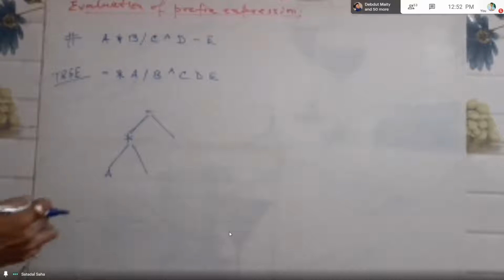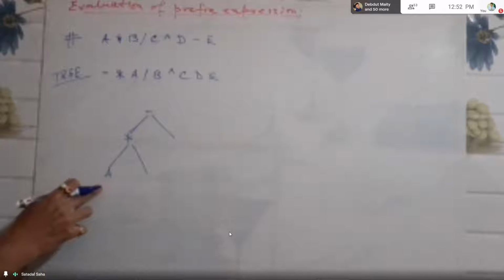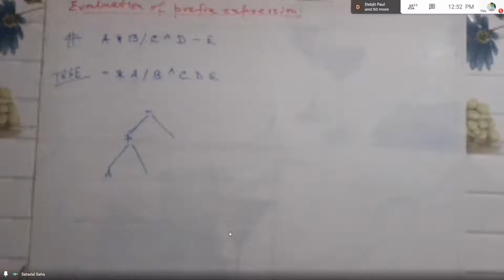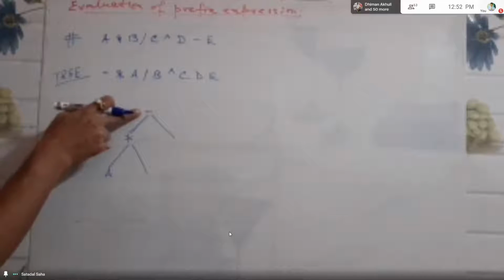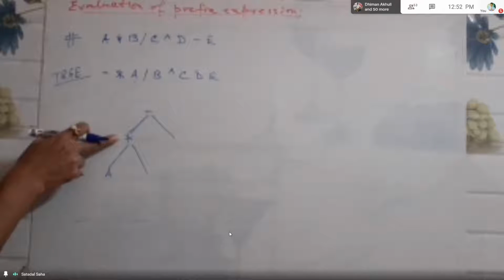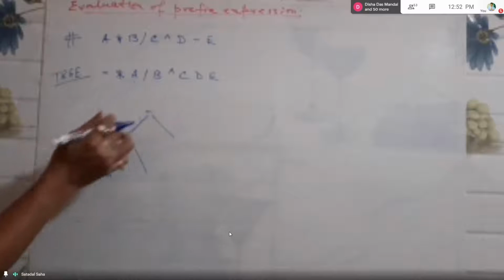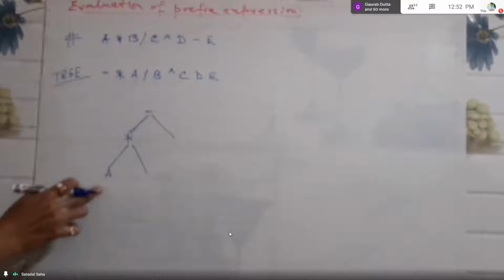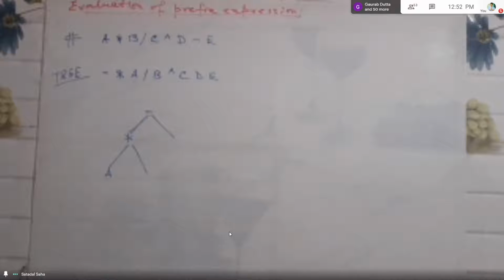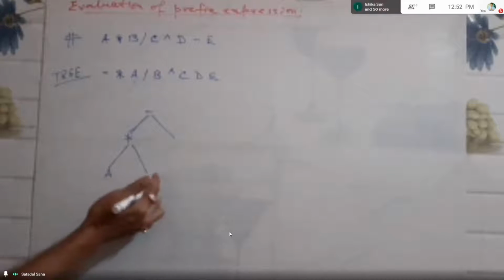So slash means there will be no wing or branch below any operand. So any operand cannot have any branching. Okay. So tree will be only for the operand. So operand can be the leaf of the tree. So it is the end of that branch. So as A is there, up to A it's okay because it is operator, again an operator, again an operand. But after this operand we scan this division sign, but division cannot be under any operand because operand cannot have any branching. So for the division we now move directly into the right side.